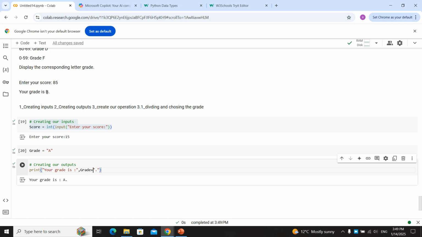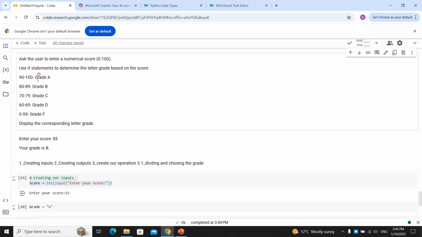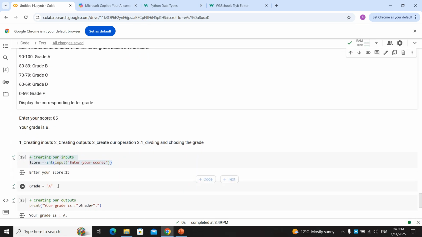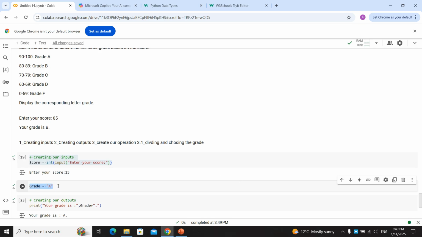What we need to do now is create our operation. It said that it has 1, 2, 3, 4, 5 grades. So we need 5 ifs. Let's create our first if. If the grade is... we don't have something in if, we put it like this. We can just use one function at a time. We just create if